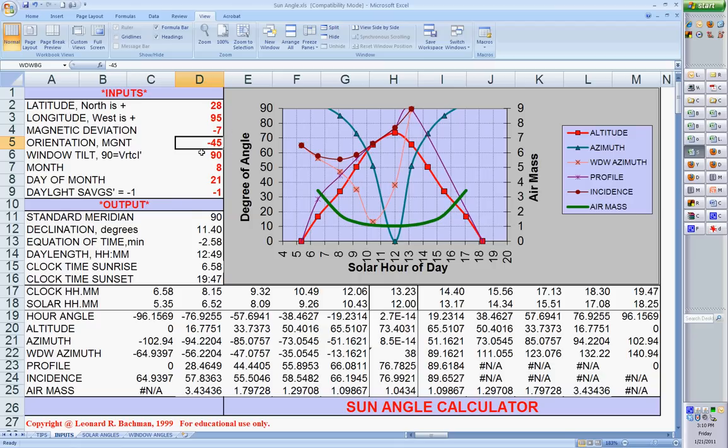Window slope, let's leave vertical. Then I can enter the month and the day, and if I'm on daylight savings, between when it starts in the spring to when it ends in the fall, I have to enter -1 there to correct between clock time